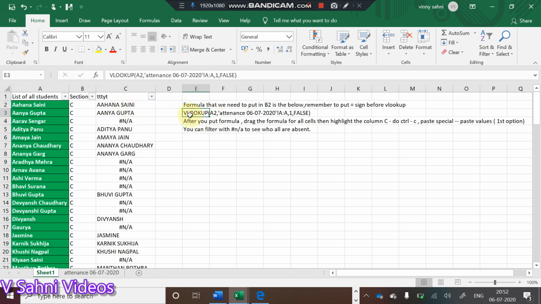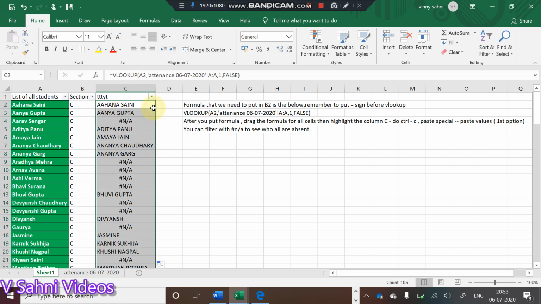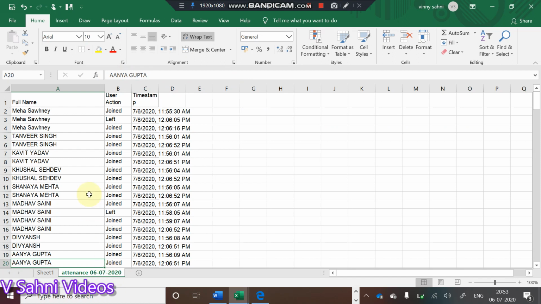I have written the formula also, so this formula can be used. The only thing while using this formula is to do Control C, paste it here, and put one equal to sign here, and then press enter. So you will be able to use the same formula every day. What is going to change is this here. This file is going to change every day.